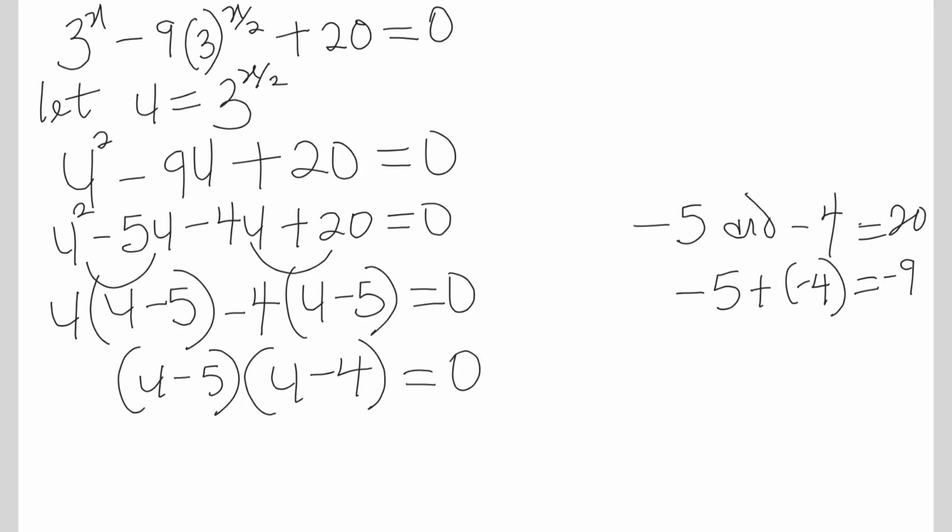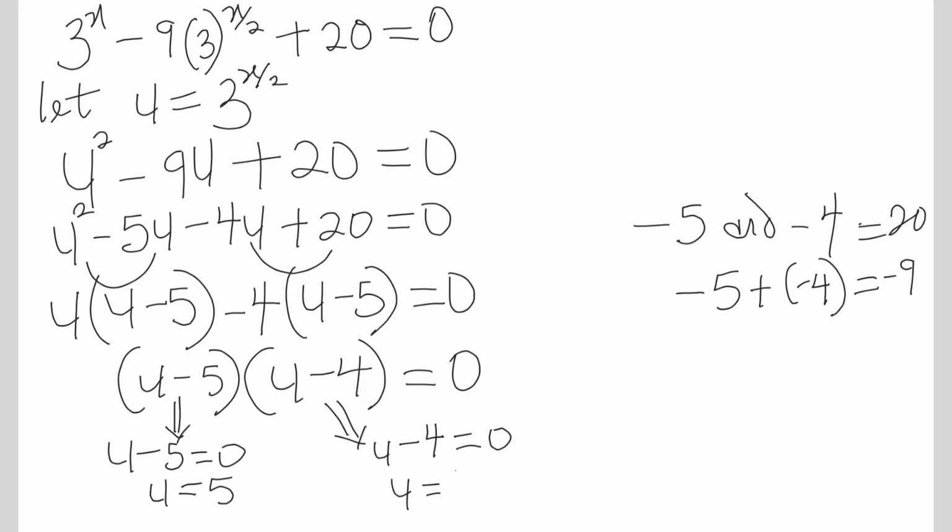So it means either u minus 5 equal to 0, or u minus 4 equal to 0. Of course, from here we know that u equals 5 or u equals 4. So we'll be able to get the two values of u, which are 5 and 4,